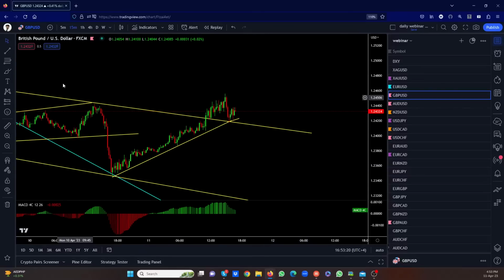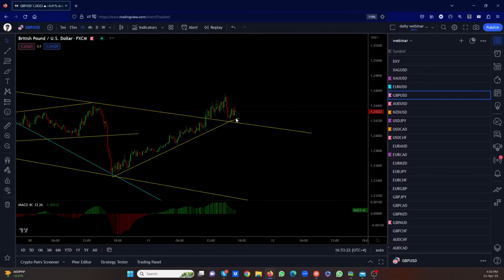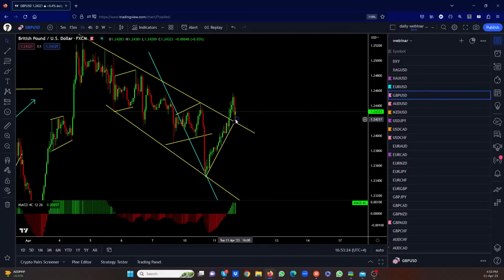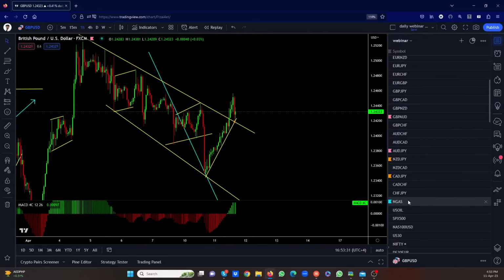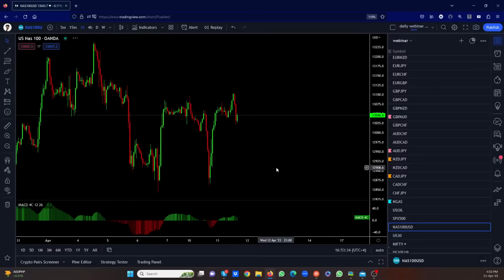Just give it a few. It's just on the 1 hour, it's just one single candle, right? Probably give it another candle. You need a flag. You don't have a flag, right? Flag in the US100. Let's see. That's a good sell. It's an aggressive trade, but you have to know how to get it right.